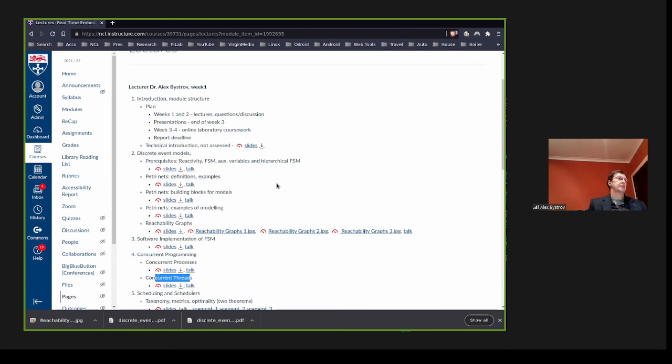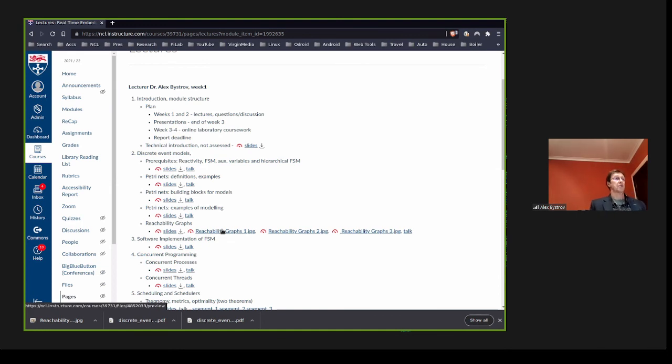Okay, so next we'll be talking about software. Please finish your descriptive and systems and start looking at these lectures about software implementations. The software implementations of finite state machines is a very simple topic. Please do it yourselves. There are several standardized ways of implementation. And concurrent programming is slightly more complex, and probably we need to talk about this, and I will demonstrate things. You can type it on the terminal and have all those experiments running for you.